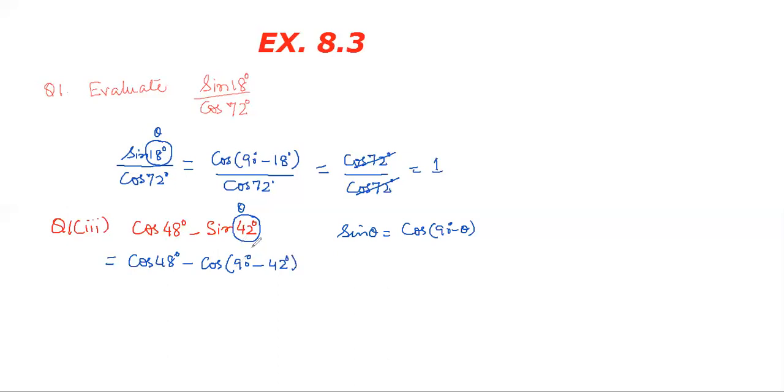In the first step, I will apply the formula, and in the next step, I will just subtract and write down the value. So this will become cos 48 degrees. So cos 48 subtracted from cos 48 will give us 0. So I hope you are able to understand it. Now next,